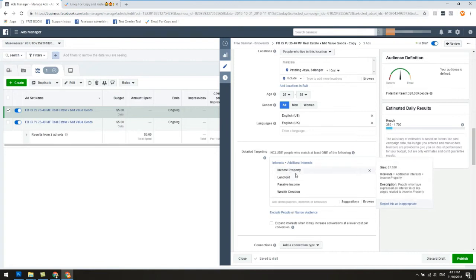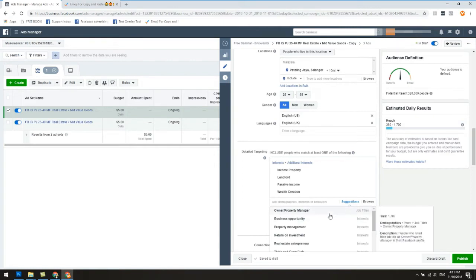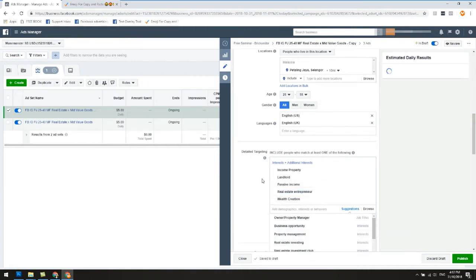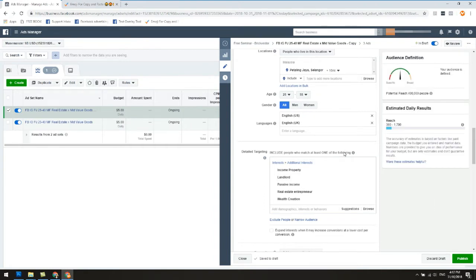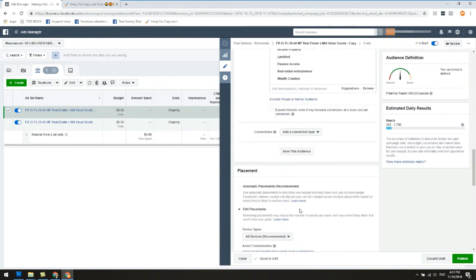So this takes a while to actually hone down, and you might also want to take a look at suggestions as well. You can see what other suggestions we could come up with as well. Okay, so you have like real estate entrepreneur, and let's see how many we can get right now. 400,000 people. So by putting in a few of this data targeting, you can put in suggestions, and then Facebook will help make the suggestions for you, all right? So let's just say this is the data targeting that we want,